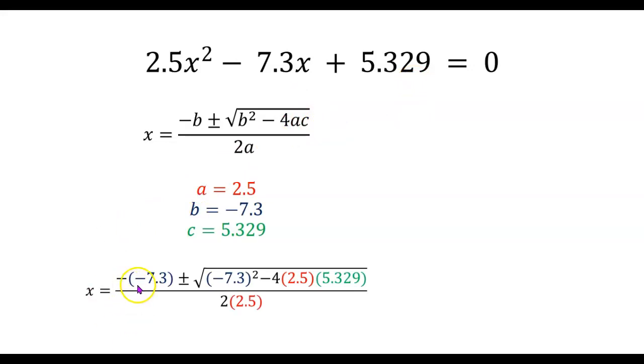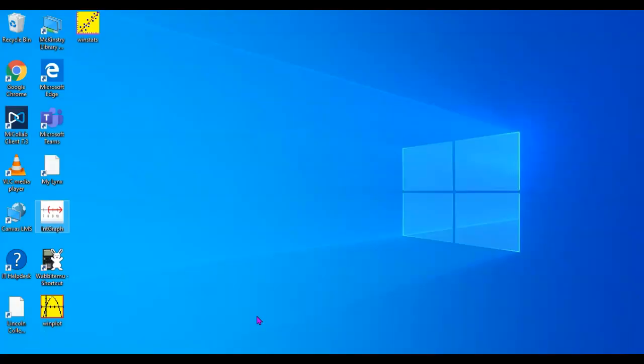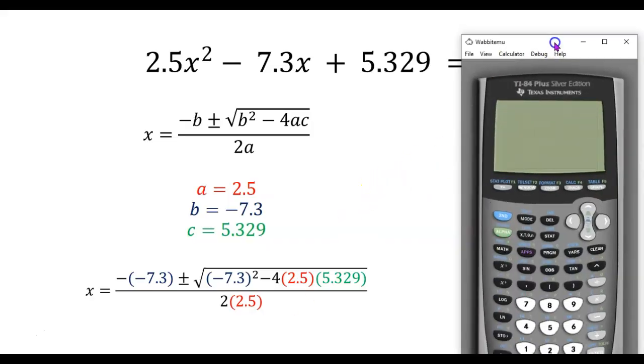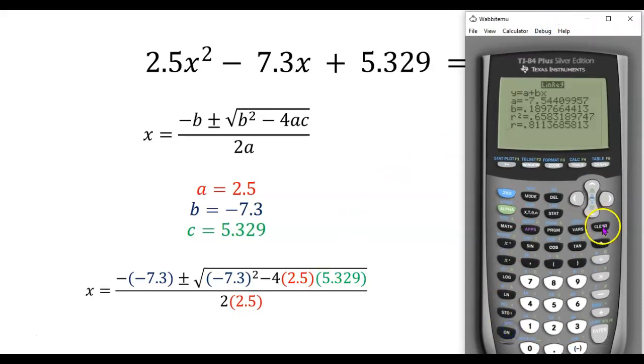X equals minus negative 7.3 plus or minus the square root of negative 7.3 squared minus 4 times 2.5 times 5.329 over 2 times 2.5. So let me reach for my calculator. And let me just start by putting in the part that's under the radical sign, the discriminant. So that would be,